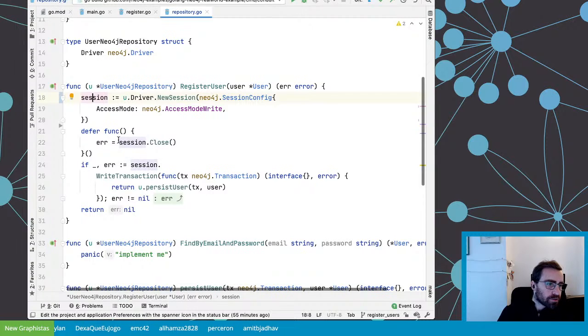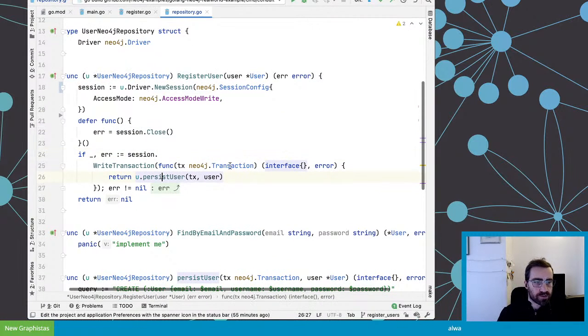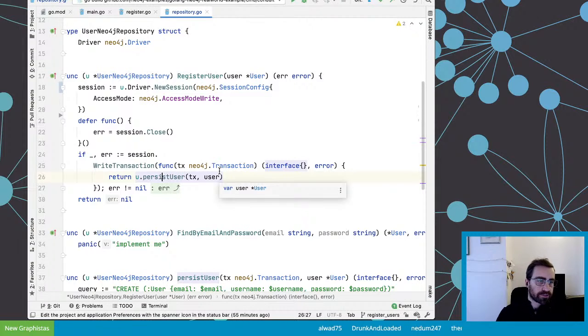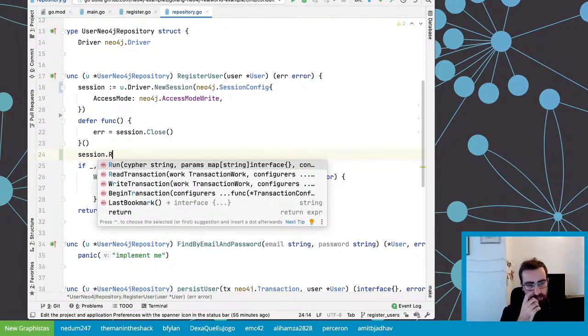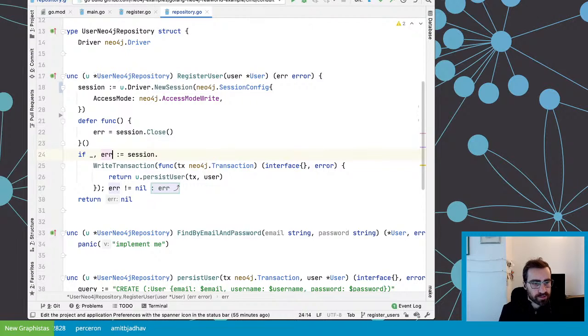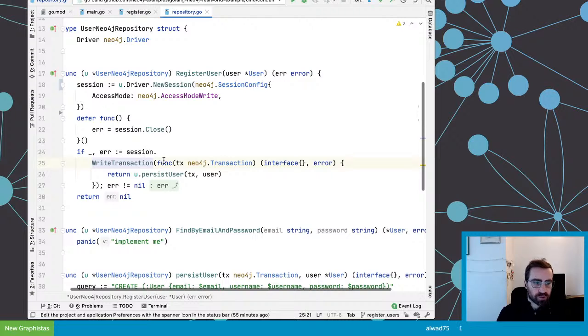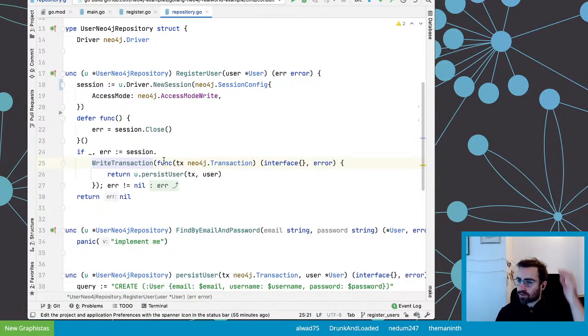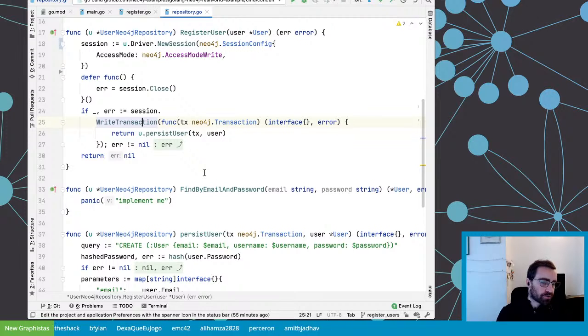So you open a session, you close it towards the end with this defer keyword, and then you can open with read transaction or write transactions, and within the transaction, you can run your Cypher statements. There is a shorter form that we discourage quite a lot, which is called session.run. You can pass directly some Cypher string and parameters, but if you do that, you lose all the retry capabilities, etc. That's why I'm trying to show here only write and read transactions, which are a bit more verbose, but then you get a lot of things for free. Like this function can be retried if something bad happens and the transaction fails. That's probably one of the biggest selling points of it.